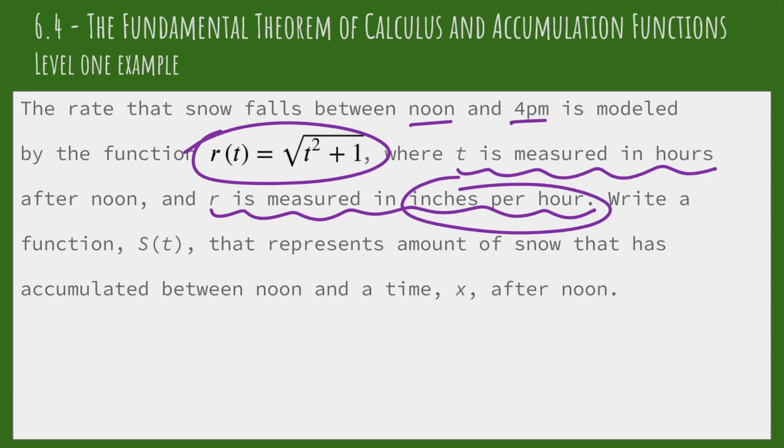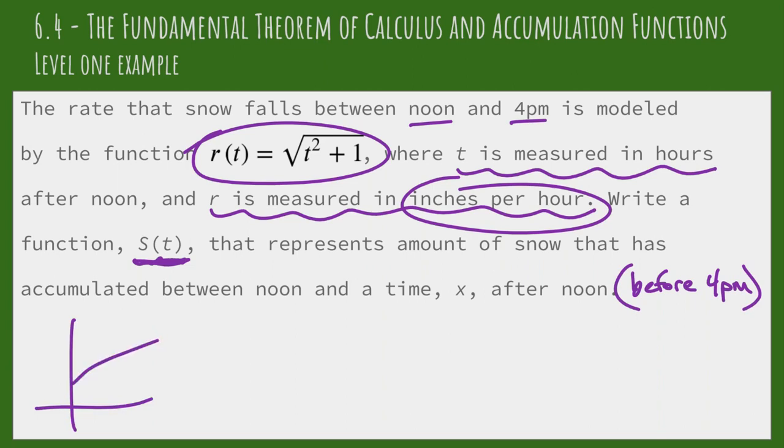So we want to write a function S that represents the amount of snow that has accumulated between noon and some time after noon. The assumption here is that this is going to be before 4, because after 4 p.m. this function is no longer valid. If we were to graph this, it's not going to be exactly a square root function, but it's going to look something like that. And the amount of snow that has accumulated is going to be an area. So this area right here up to time x,